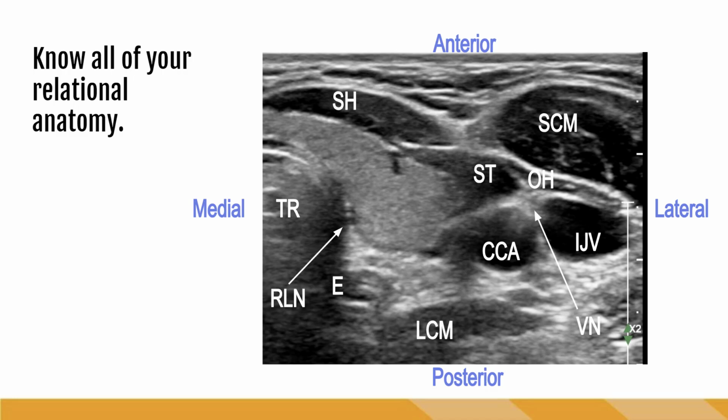As sonographers, we have to be very careful that we don't get too much tunnel vision on the organ that we are looking at. As you can see from this image, there is a lot of relational anatomy sitting around the thyroid. When we are doing a thyroid exam, of course, we are going to focus on the thyroid tissue and get nice images of that, but we also do need to be aware of the anatomy that sits around